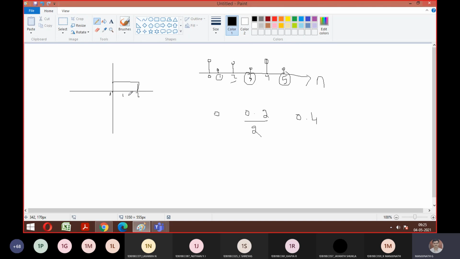Correct? Sir, in the previous case, our signal is from 1, 2, 3, 4 and 5. For all these, there is an amplitude of 1, 2 and 3, and again 2 and 1. Yes. So then if you do the scaling, the signal starts from 0.5 to 2.5, no, sir?